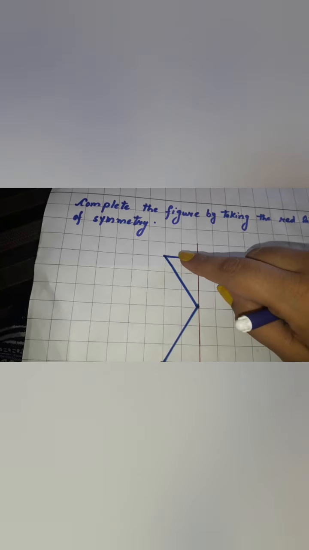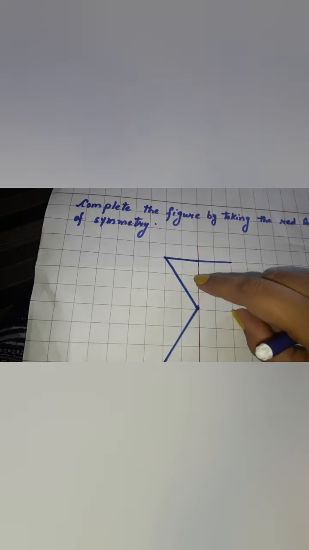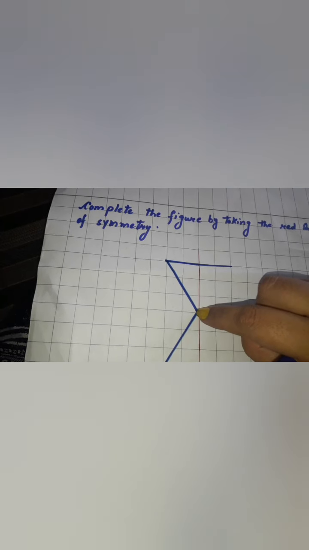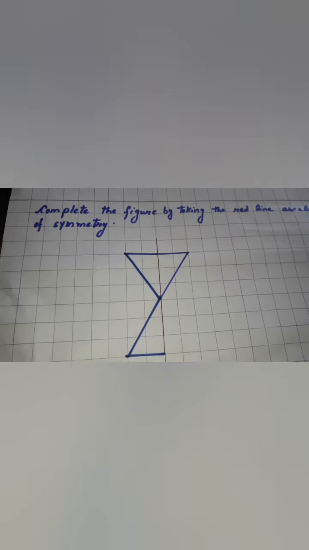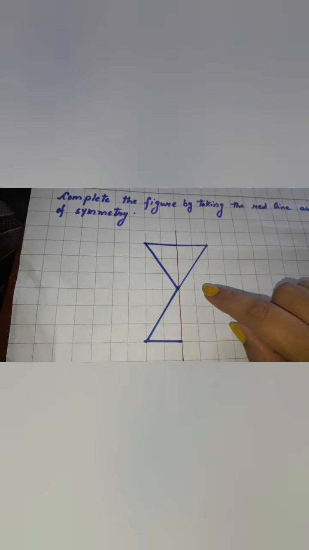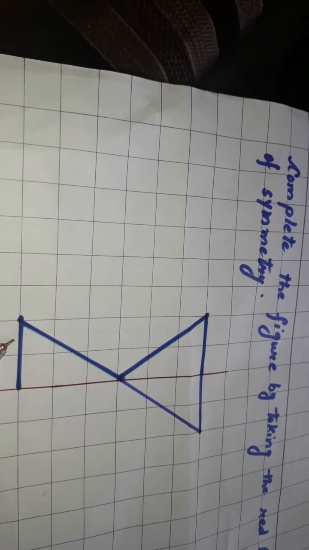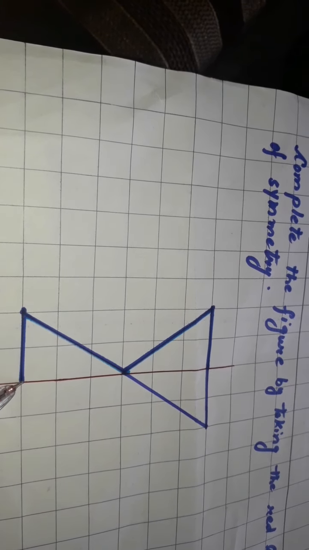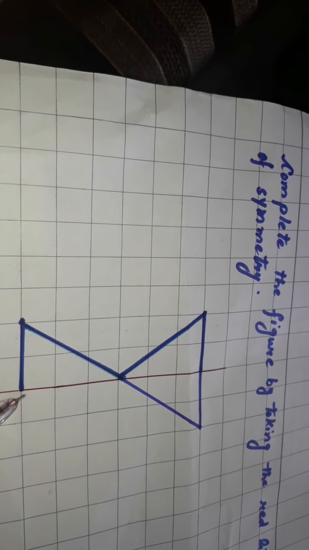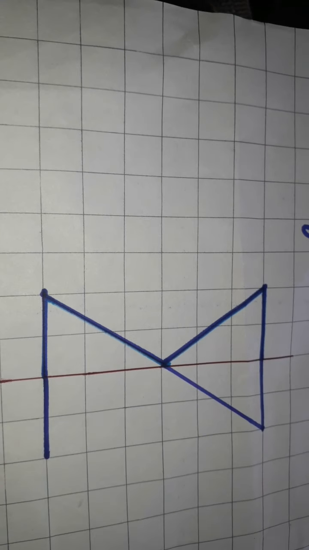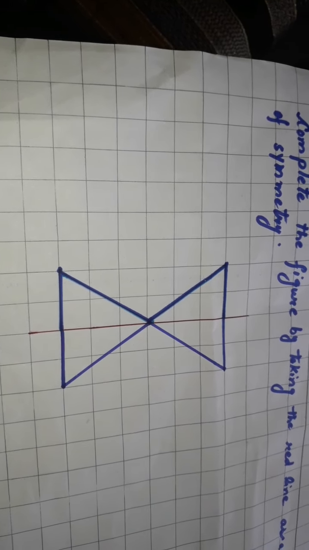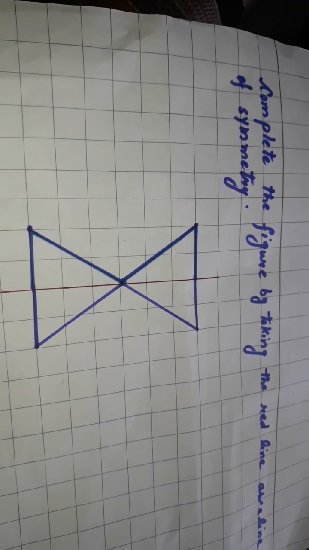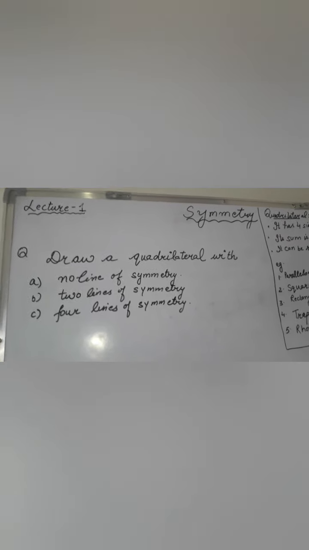Now similarly, I will make this diagonal line which ends at the 3 boxes of the symmetry line. As you can see, I have made it. Now this line moves 2 boxes. Similarly, I will make the line on these 2 boxes like this, and now I join them diagonally. In this way, as you can see, I have drawn the symmetrical figure. Now let us do one more question.